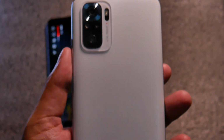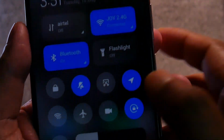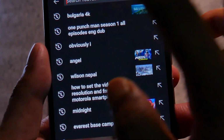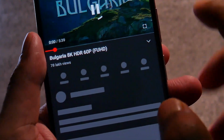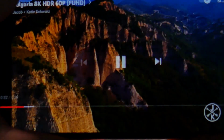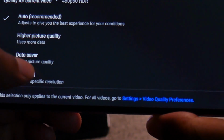This is a Motorola phone that we are having, and this here, guys, is the Redmi phone. This is a Redmi Note 10s that I also have. This is my primary phone actually at present. And if I play the same video, guys, over here, you will see what you'll see is